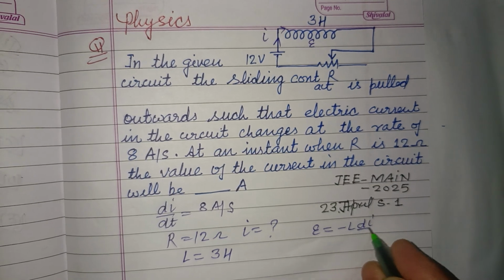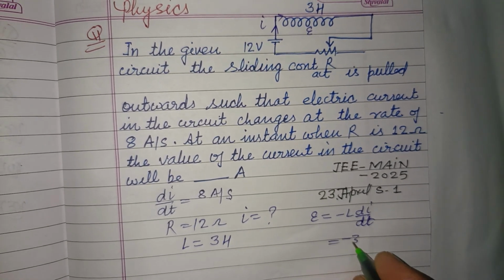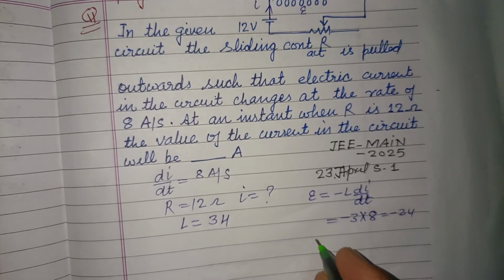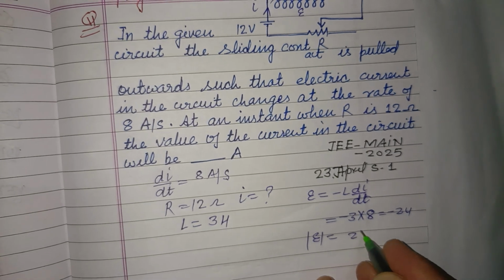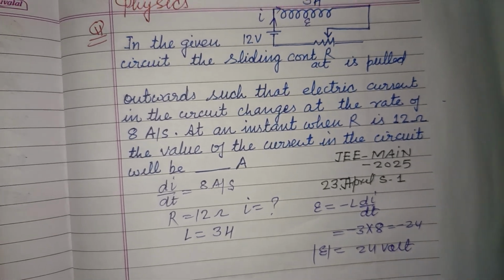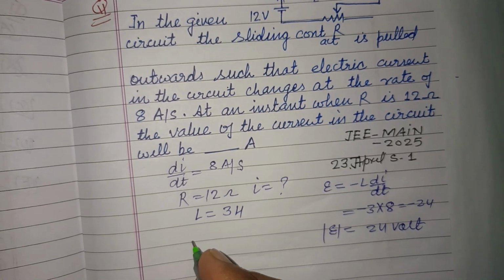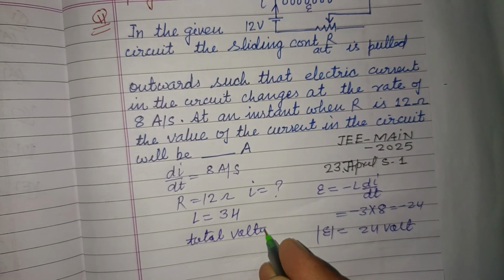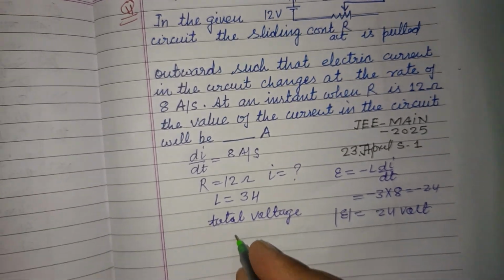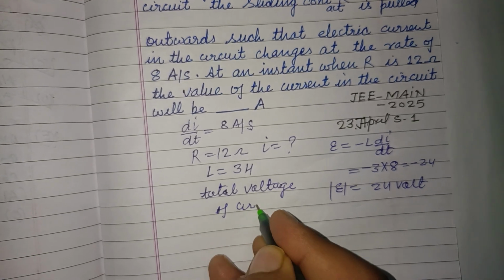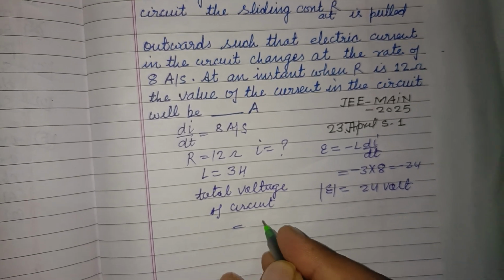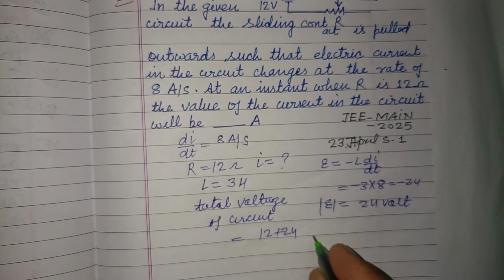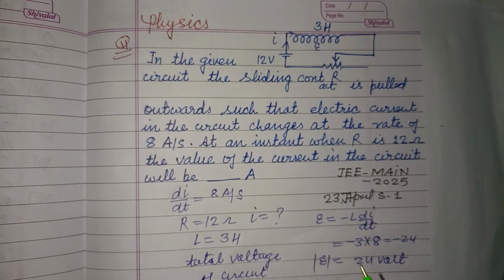L di over dt. So L is 3 and di over dt is given to us as 8, therefore it's minus 24. We take its magnitude, it is 24 volt. So the total voltage of the circuit is equal to 12 plus 24, 12 from here and 24 EMF generated, that is 36 volt, and that is